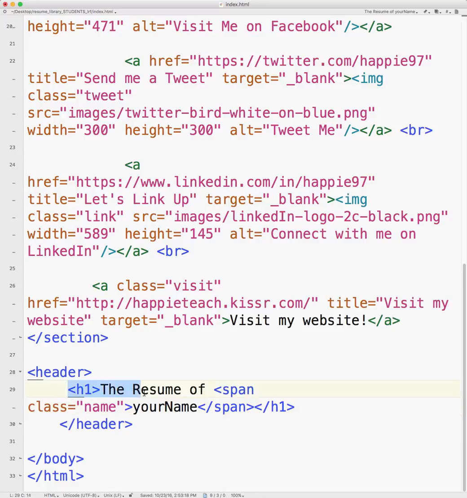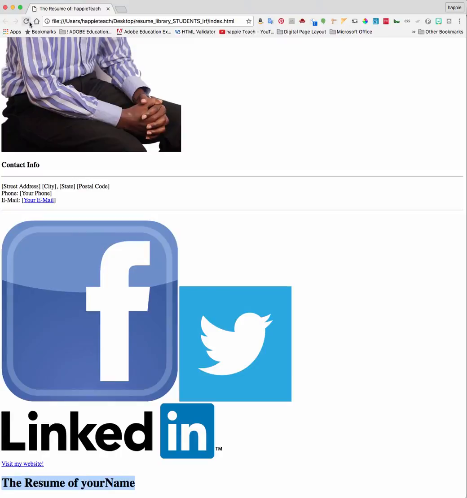All right, so we have the H1 of the whole thing. We have the resume of, which is going to look one way, but then we have your name, which is going to be different. So if we save this, we're not really going to see anything in the preview because we haven't done anything with it yet. But the resume of is going to be one font. It's going to follow the normal H1 font. But your name is going to have a span to it, so it's going to follow something different, which is,